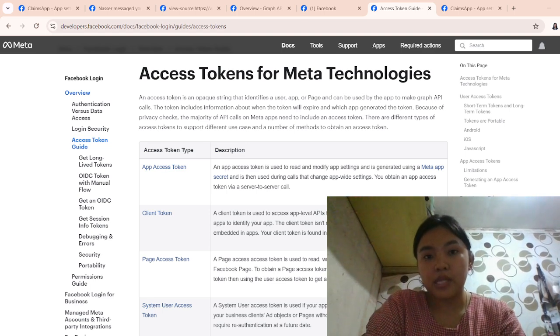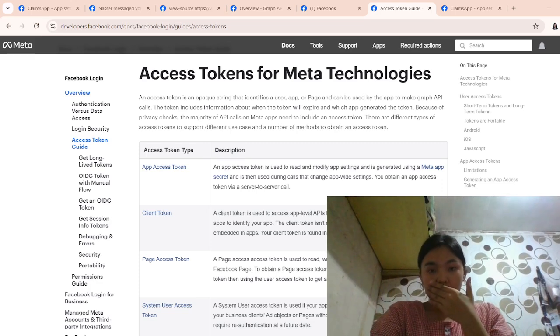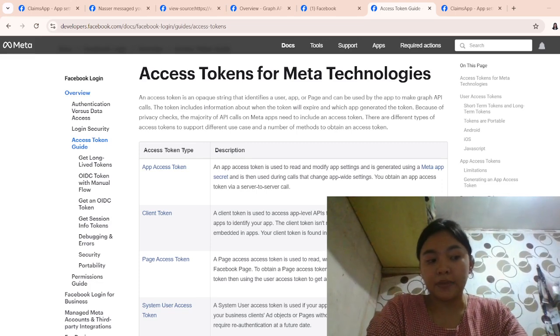So now I'm going to demonstrate Open Authorization 2.0.